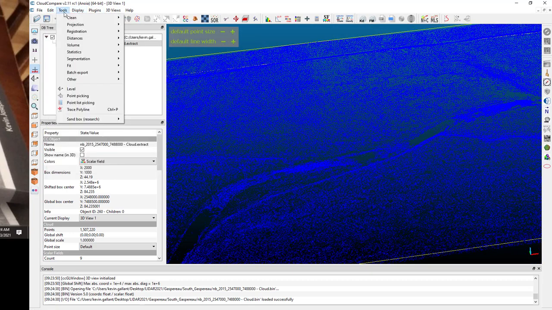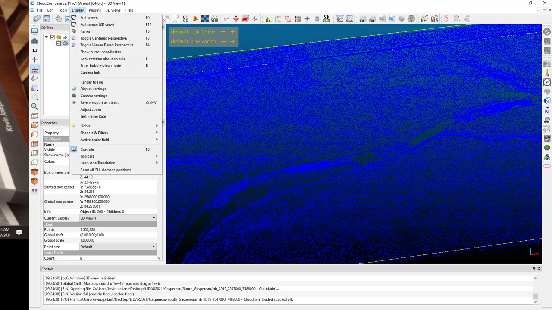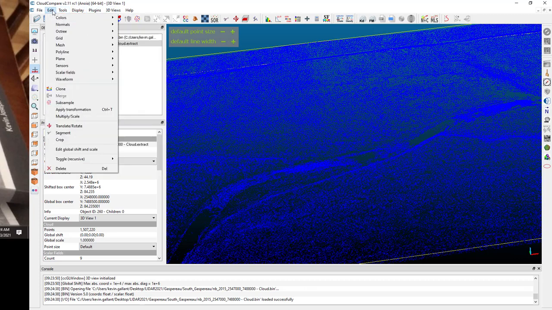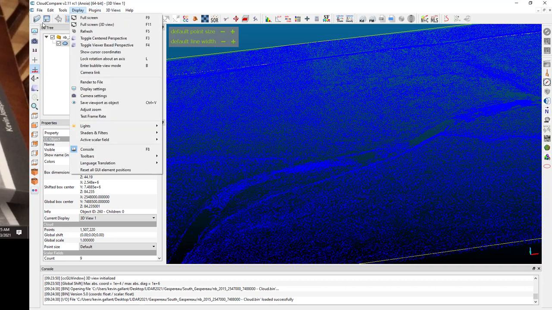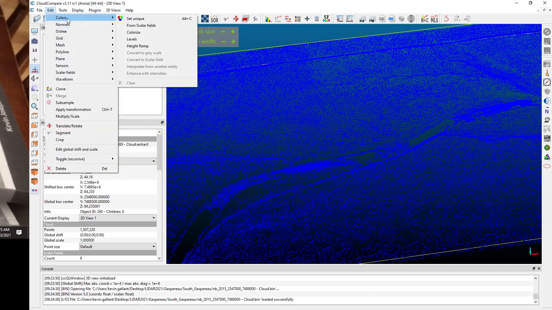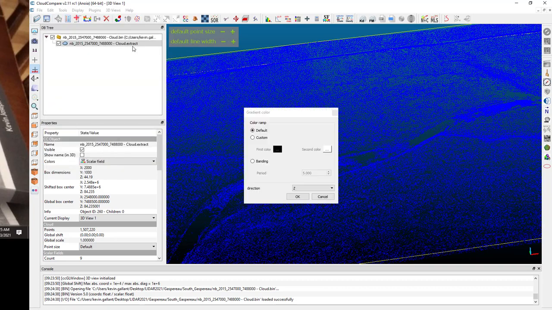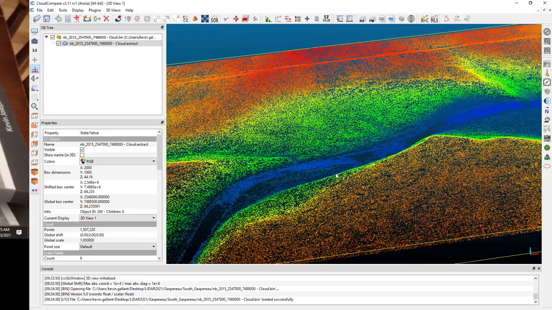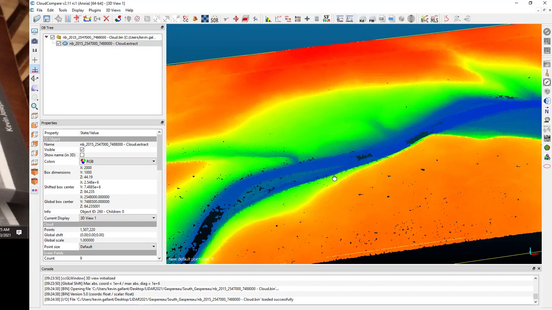Let's go to edit colors. Colors, height ramp. If you click on the default here, it creates a nice color. Hold down the Alt and it shows you. So the reds are high, but you want to exaggerate this. So if you go to